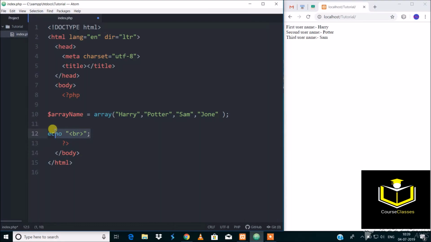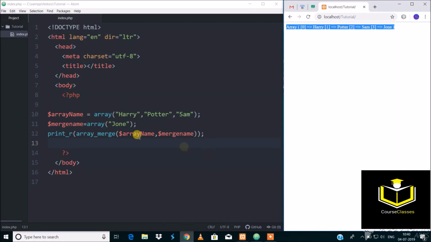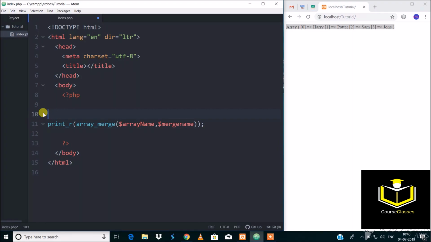If the keys are common in both arrays, then the value of the last array is taken for the key. So next, an example with the associative array.